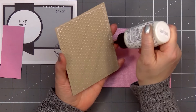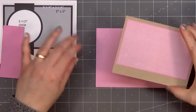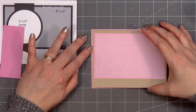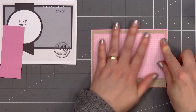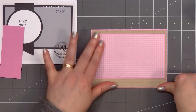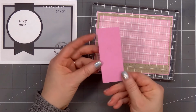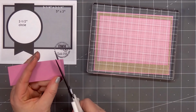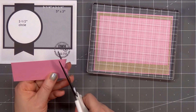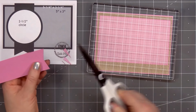And whenever I have an embossed piece plus some specialty cardstock, I use extra adhesive. Want to make sure it all stays together. I'll put ATG tape on the back and also Bearly Art glue. And while I wait for that glue to dry, I'll also place a large acrylic block on top for some added weight. While I let that sit for a moment, I'll cut a fishtail on the pink banner,